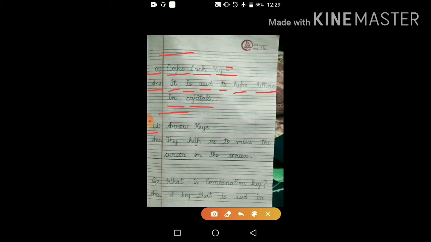D, arrow keys, then move to next line and write answer. They help us to move the cursor on the screen. Okay, now here your question first is over. So I have drawn a line here using a scale to present that question 1 is finished here. Okay, you can do the same, or you can simply leave one line here and start with the question number